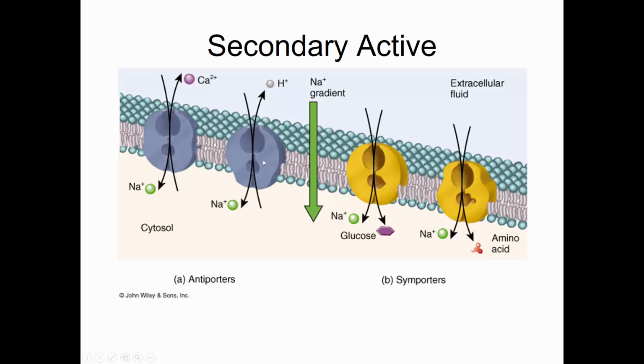ATP is not needed directly, but ATP was needed to make the sodium gradient, and then the sodium gradient drives this transport. Sometimes the substances can go in the same direction. So here we have a sodium glucose transporter called an SGLT transporter. Sodium and glucose are coming in together, so symport or co-transport. And then here we have a sodium and an amino acid. So sometimes you can have facilitated diffusion and secondary active transport in the same cell, and I'll show you an example of that in the next